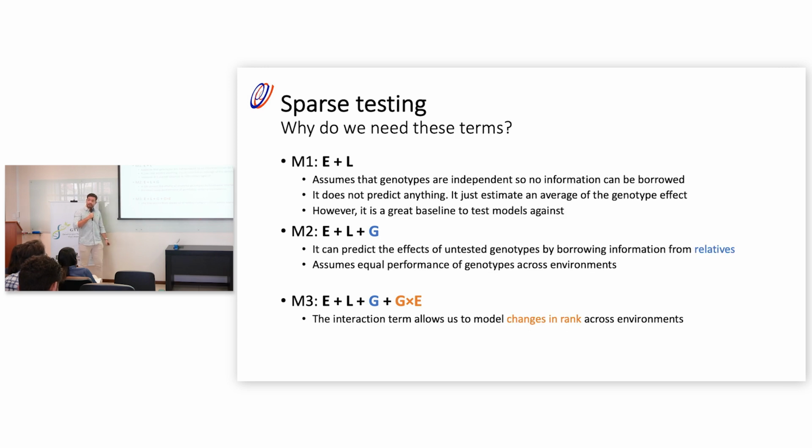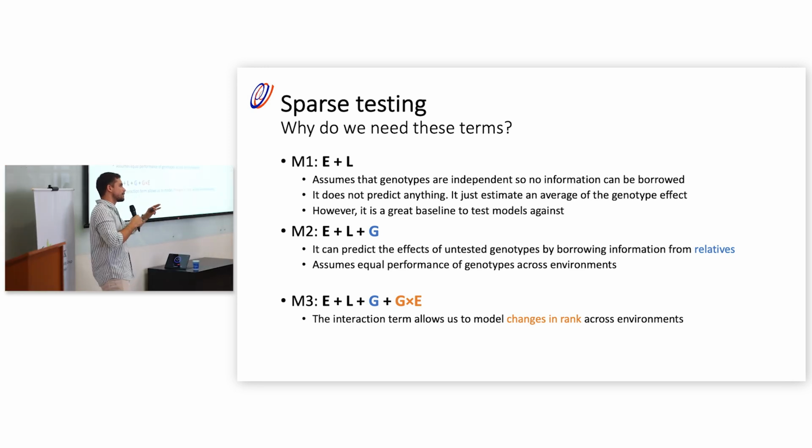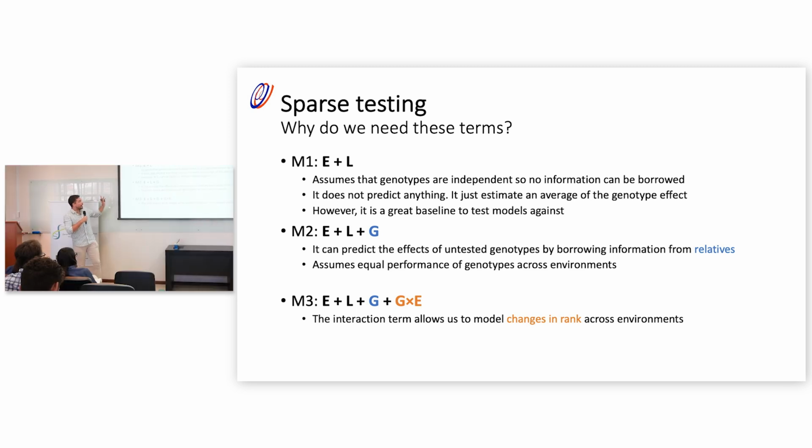Okay, and why do we need these models? Well, the first one is kind of a baseline. It's not a really good model. Actually, it's just like taking the mean of the environments, taking the mean of the genotypes, and assuming that that's going to be the prediction. So this is a really limited model, and actually in scenarios like the 0-31, like the CV1-like scenarios, it's totally useless because given that we are not seeing genotype 2, we can't do anything to predict it because we don't have information to borrow. Is that clear?